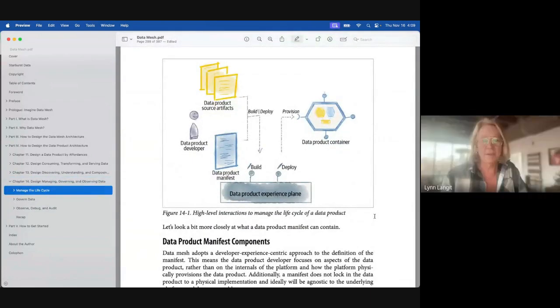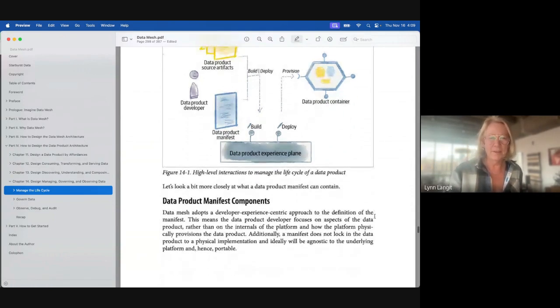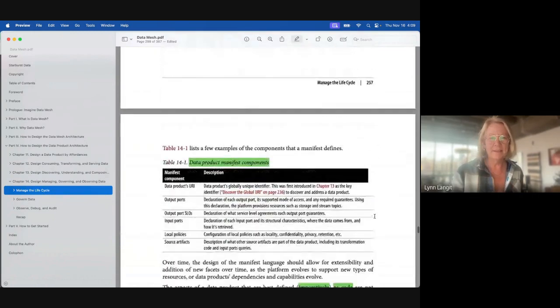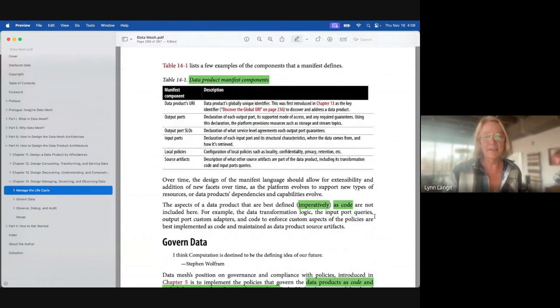For sure. Mm-hmm. And again, this concept here is to have this manifest, which is basically information about data provenance. And, you know, some of us, the more disciplined among us, Elliot, have been doing this already, but the rest of us need to get with the program here. So here it talks about the data manifest and it gives an example. And I think it's a pretty good starting point. So where to find it, the URI, the output ports, the SLOs, the input ports, local policies, and importantly, the source artifacts. That really moves up in some domains like healthcare, like where did this come from?